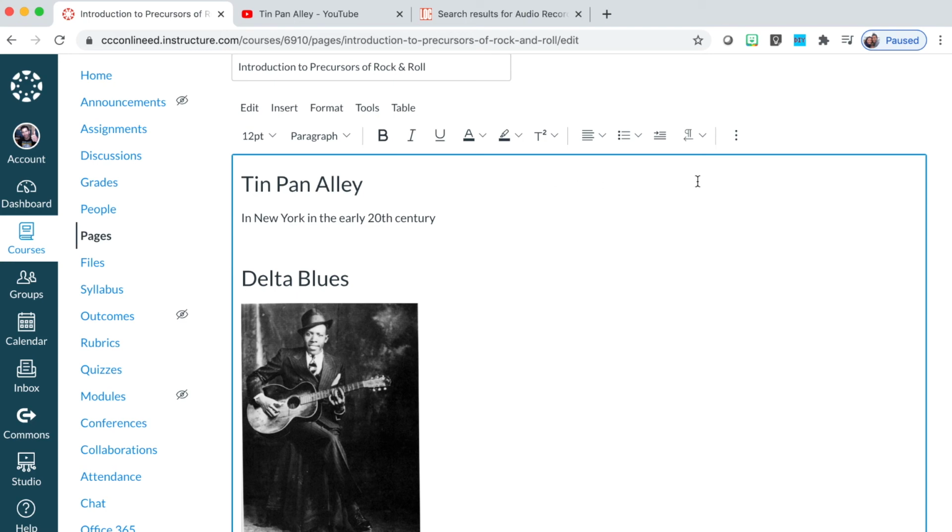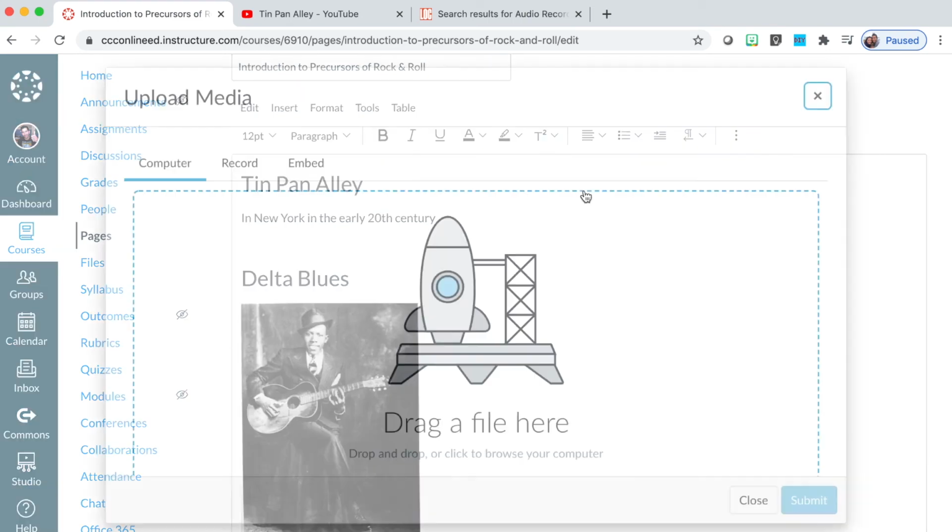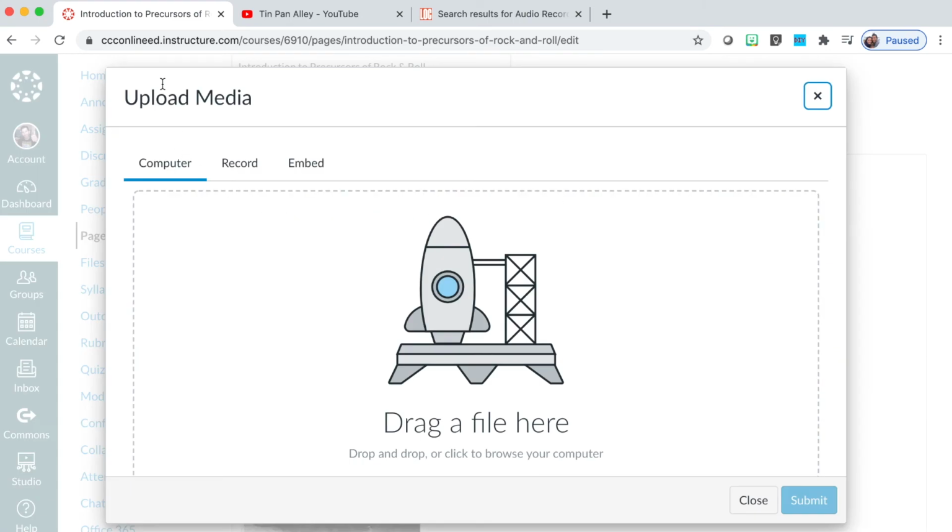and I will locate my video or media upload tool and select the drop menu and then upload record media. Now that the menus come up, the third tab is embed.